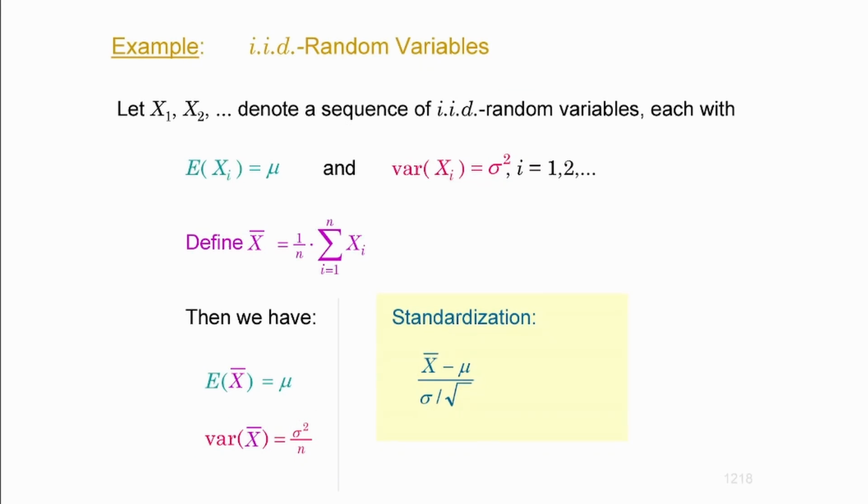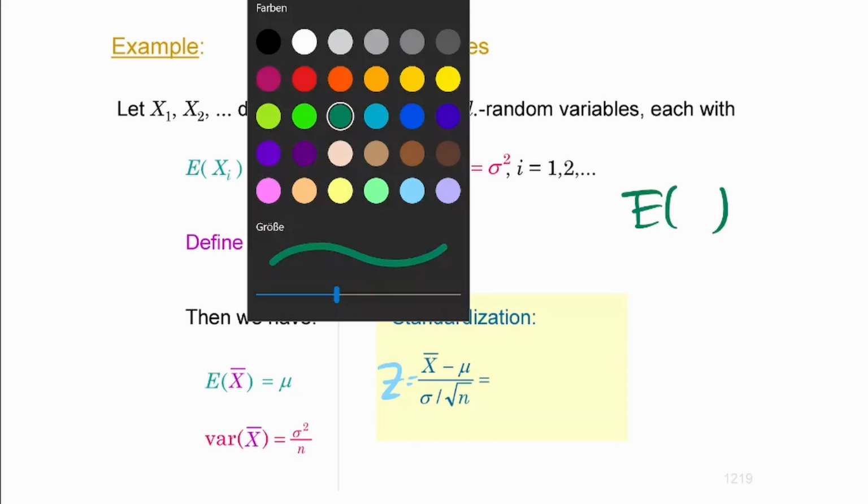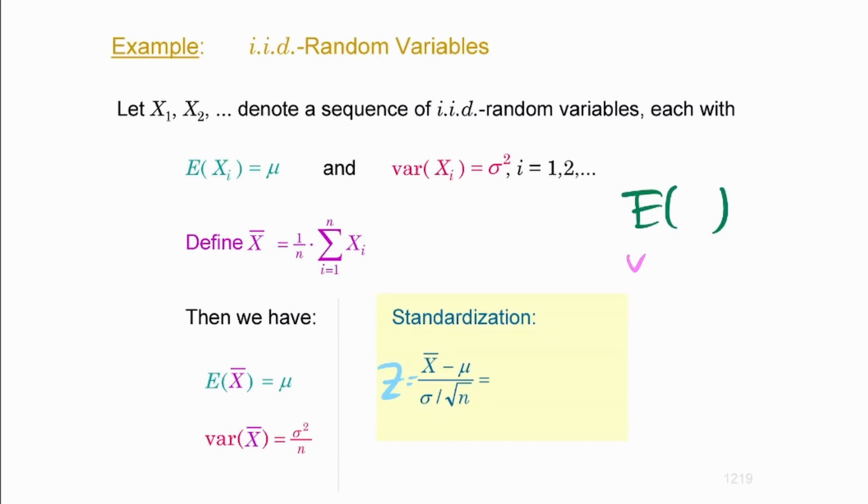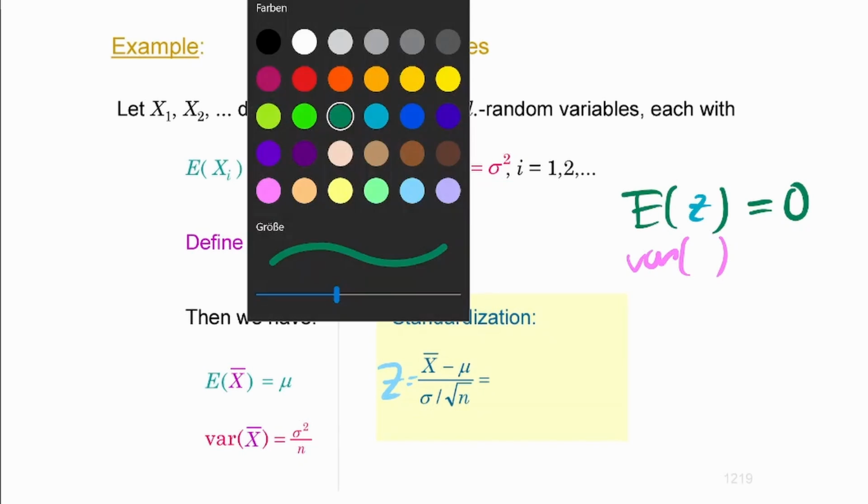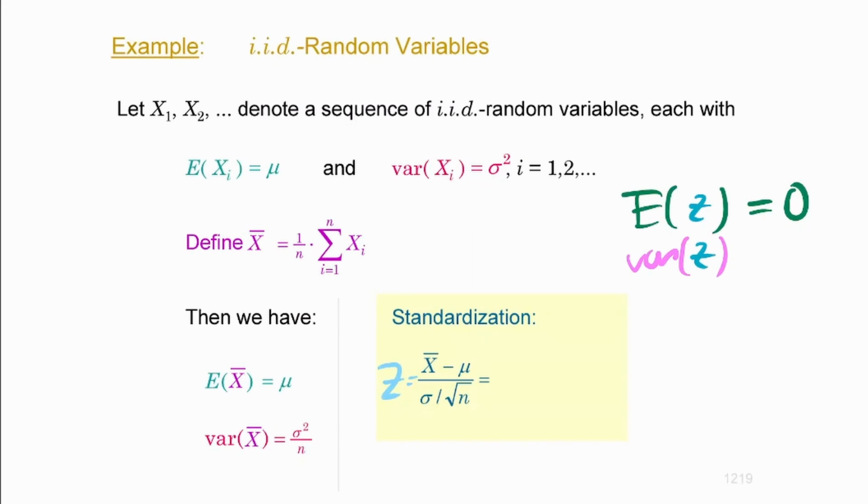And that's going to be its standardization. Now, when it comes to standardization, guys, and you can check it very quickly, I want you to remember that I'm calling the standardization Z to make it easier, and you could check for the expectation and for the variance. The expectation of the standardization, as you might remember, is always going to be 0 no matter what you're standardizing. And the variance of the standardization is always going to be equal to 1. And that is also true for this one.